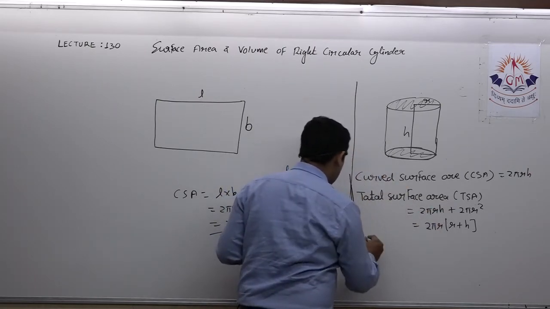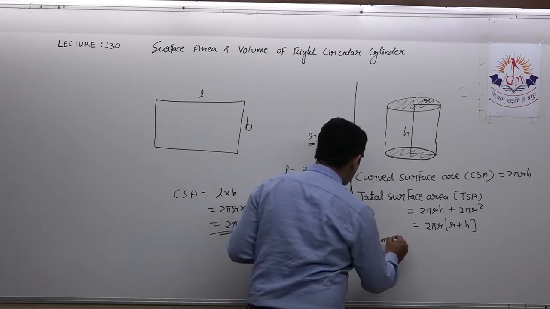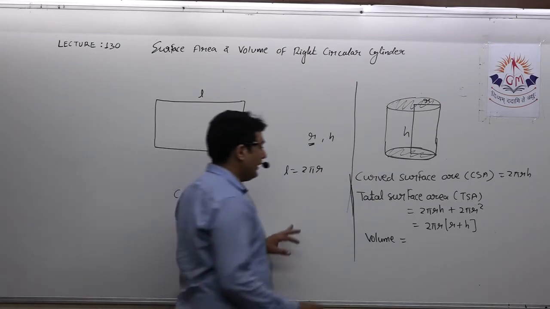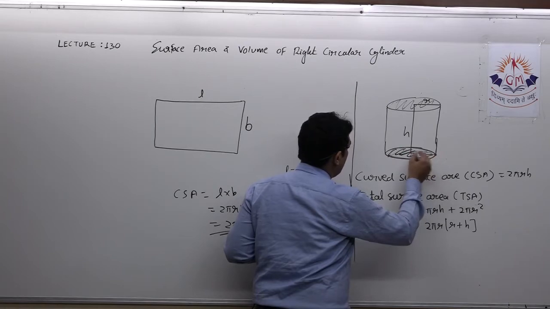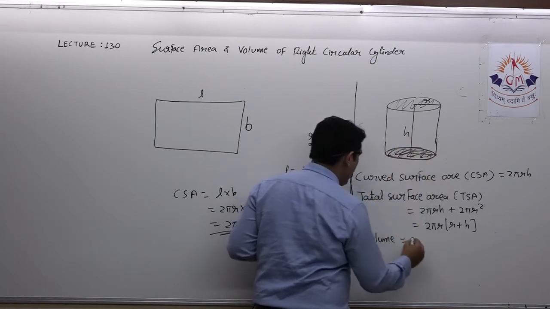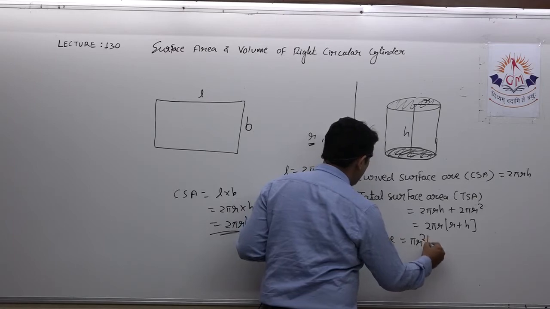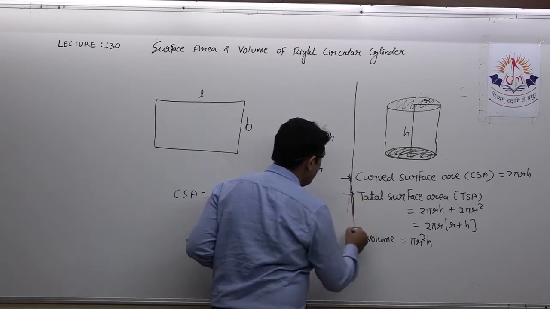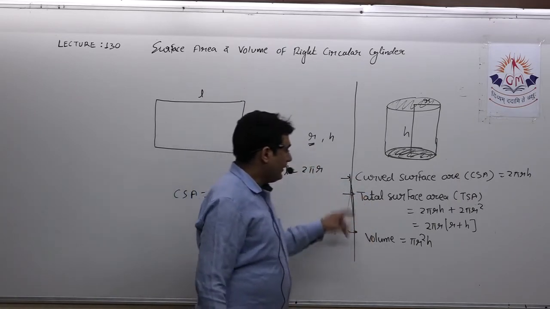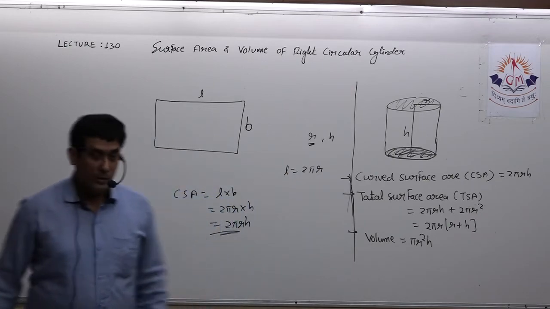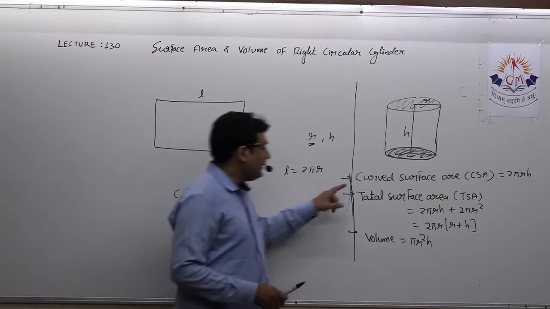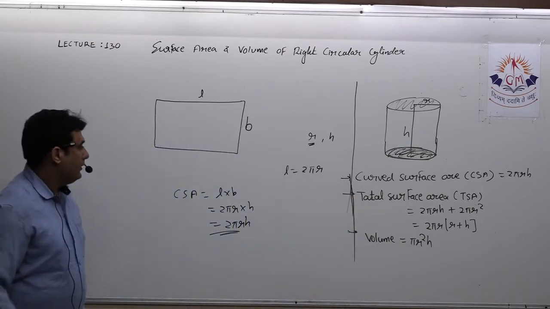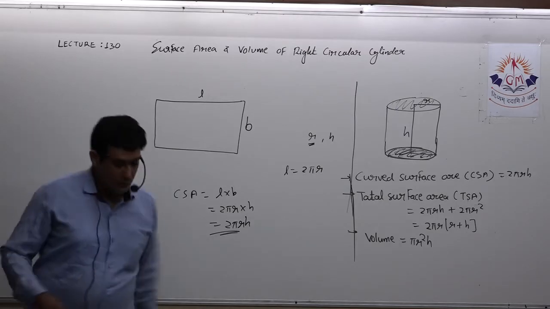Now finally I'll come to the volume. Again, as I told you, volume in general we can find as area of base into height. Now what is the area of base over here? Base is this, and the area of base is pi r square. Pi r square into height, that is h. So pi r square h is the volume of the cylinder. So these three things you have to remember for the cylinder: curved surface area, total surface area, and volume. Okay, so note it down. Then we will see CSA, TSA, and volume for a hollow cylinder. Suppose we have a hollow cylinder, in that case what will be the formulas? We'll see. First, note it down.